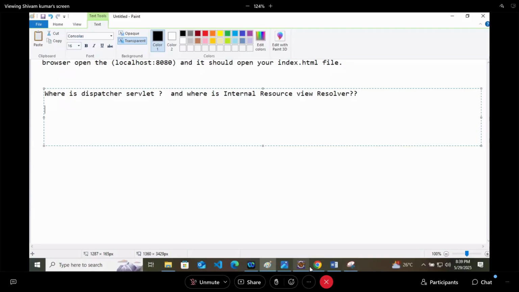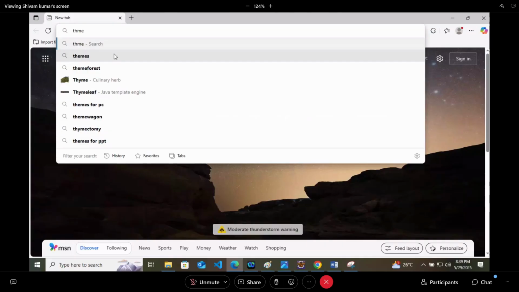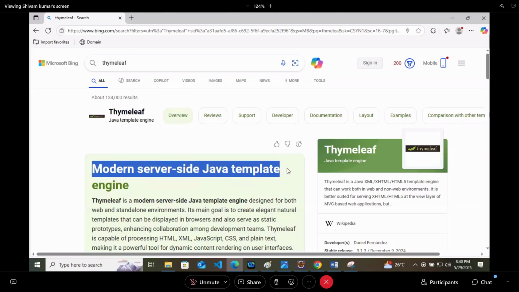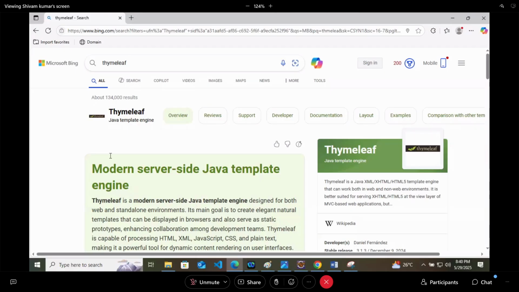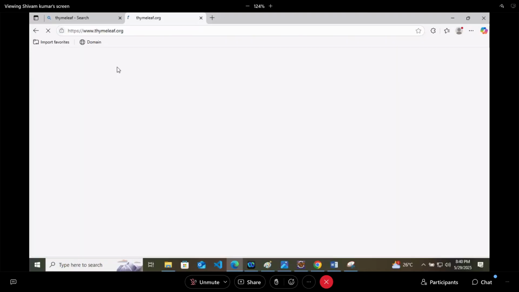And this is their original website, thymeleaf.org. We use it too much. Now also this is like the replacement of JSP, by the way. We don't use JSP here. We use Thymeleaf. So Thymeleaf is a modern server-side Java template engine for both web and standalone environments.